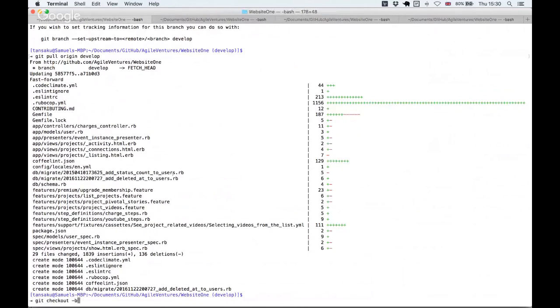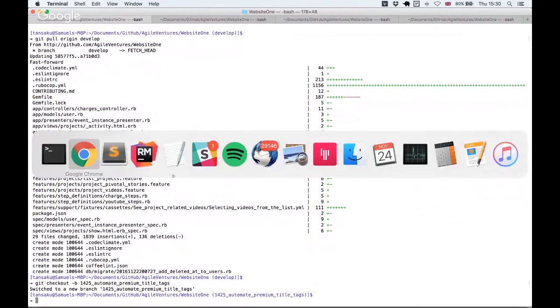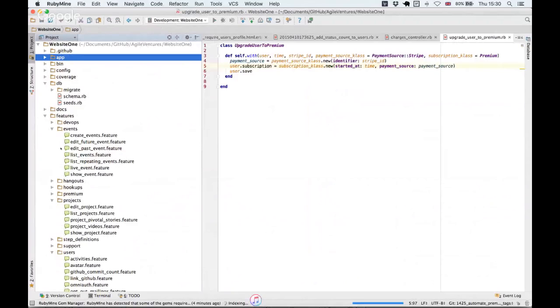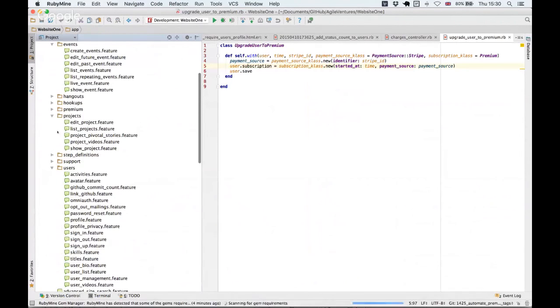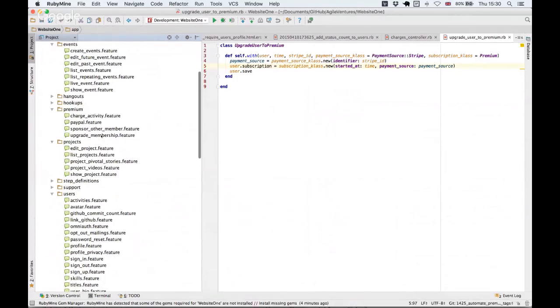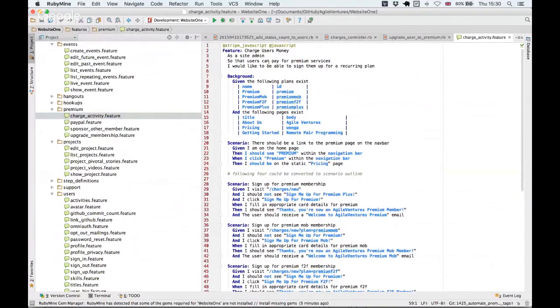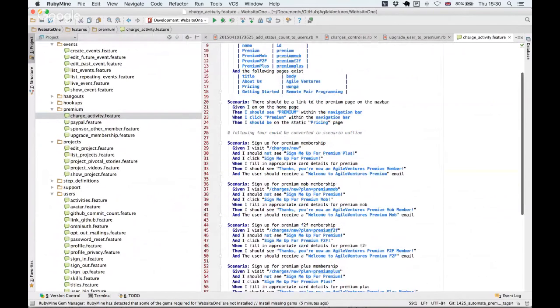Git checkout minus B 1425. This is automate premium title tags. Okay, so this is one of those interesting things that we have. We have a feature in our premium section currently named charge activity. So we've got the